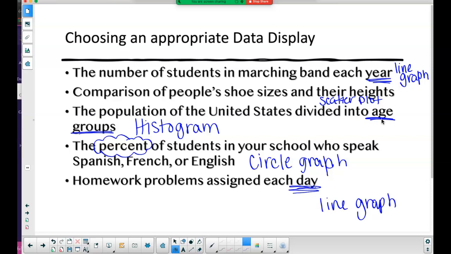Okay, so we're going to play a little game kit. So I'm going to have you go to